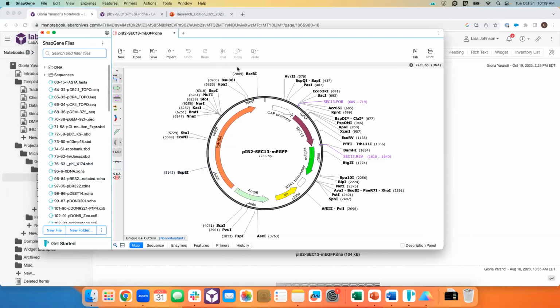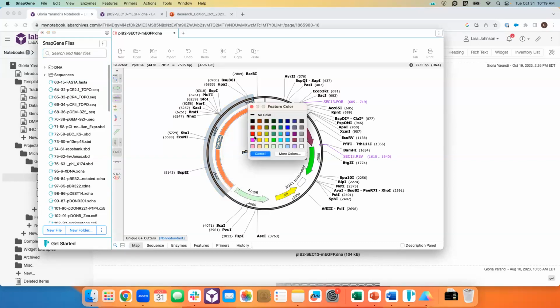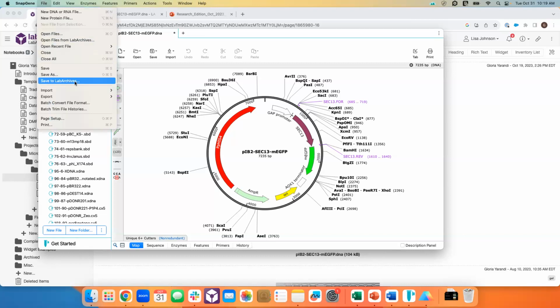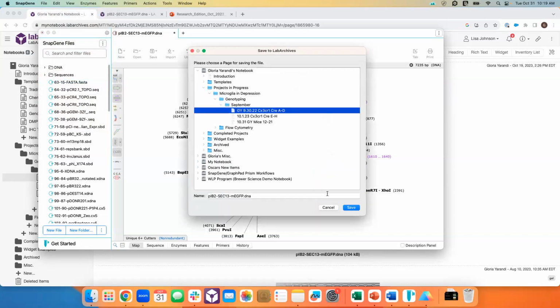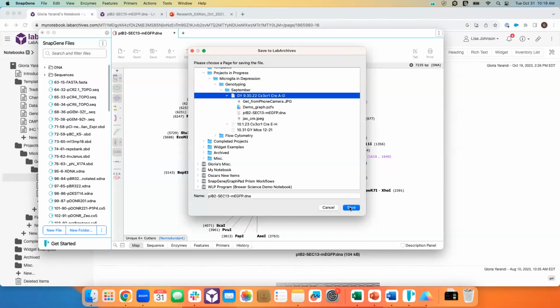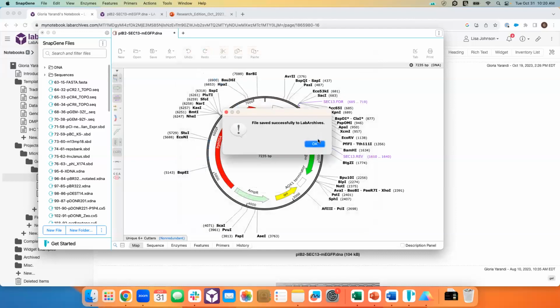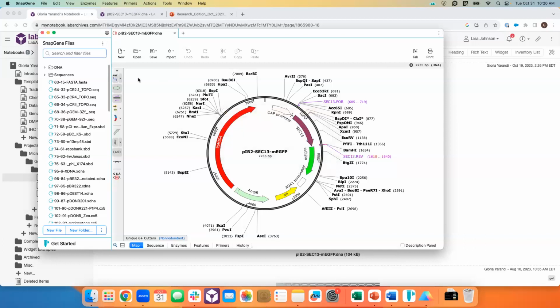So I'm going to change this color, maybe to red. And now I can save this file to both my laptop and also to my notebook. Okay, when I click save, click replace, and you see the file is saved successfully to my notebook. And when I click OK,